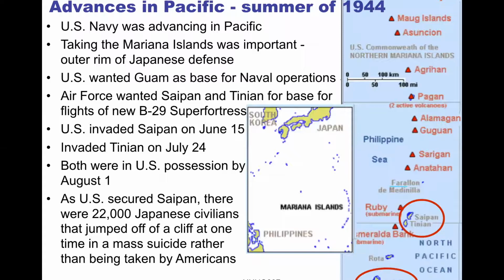In the Pacific, summer of '44, D-Day had occurred June 6th of 1944, where the invasion of Europe started. In the Pacific, the U.S. was recovering from Pearl Harbor. The Japanese had taken a lot of the islands. Their intent was to take Hawaii at some point, but then they got beat. The U.S. beat them at the Marshall Islands and Guadalcanal. So by summer of 1944, the U.S. wanted to take